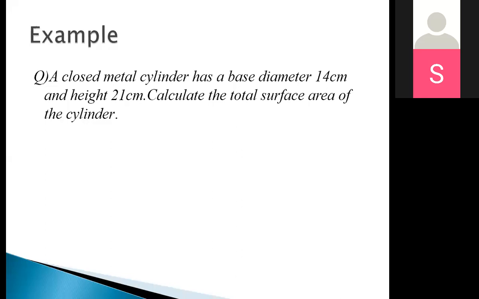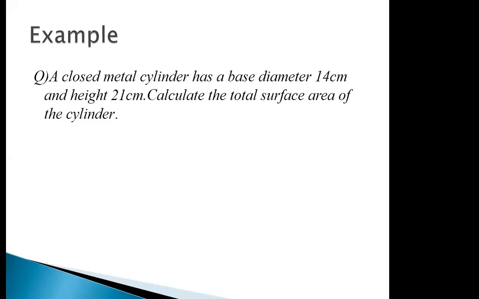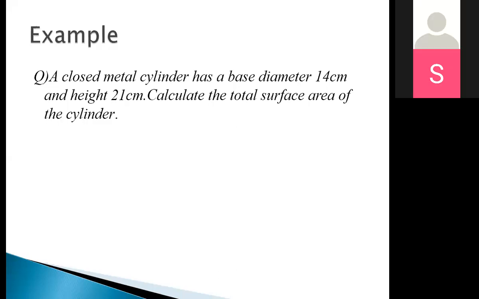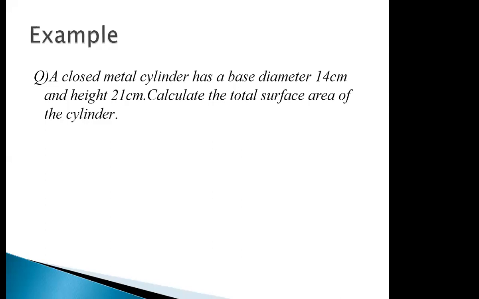So using the dimensions given, diameter is 14. So what will be the radius? Type in the chat box. If the diameter is 14, what will be the radius? Excellent, Hassan, very good. 7, right? Saat, good. 7, very good, everyone. So the diameter is 14, radius will be 7. So now give me the area of circle.